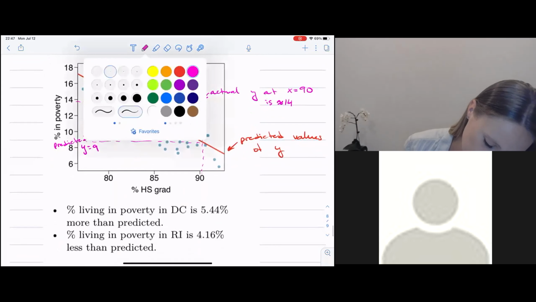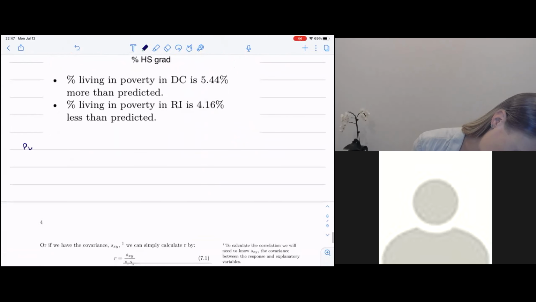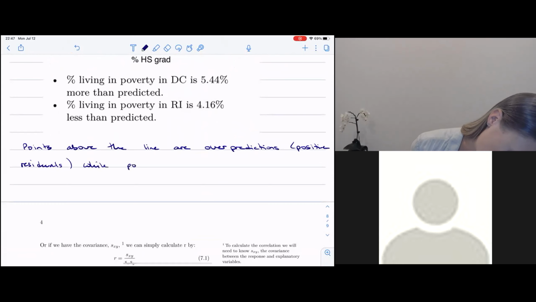And so points above the line are over predictions, right, which yield positive residuals, while points below the line